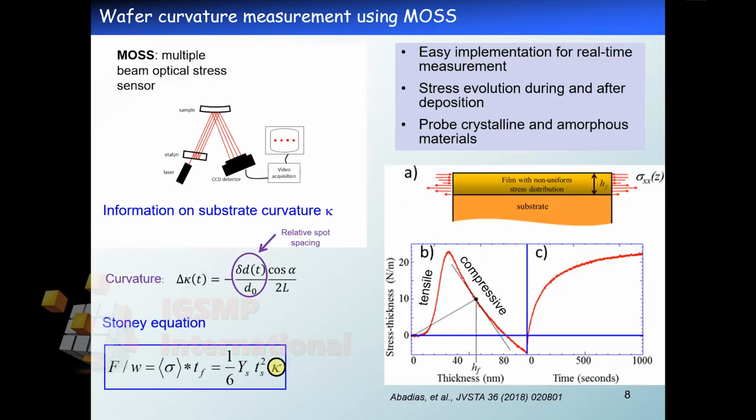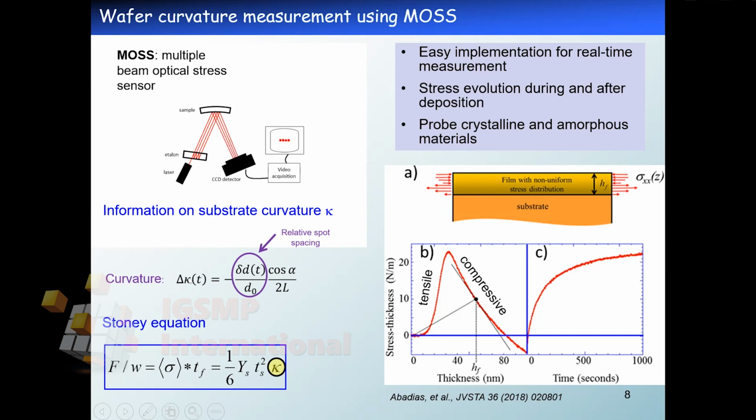So how the curvature setup works. We use here a system of laser beams. We are collecting the reflection of laser spots on the camera here. And with changing the curvature of the substrate during deposition, we have a change of the spot spacing. So from the relative change of spot spacing, we can have a direct access to the curvature